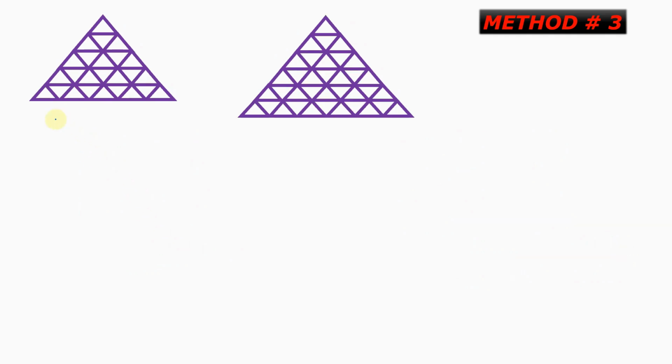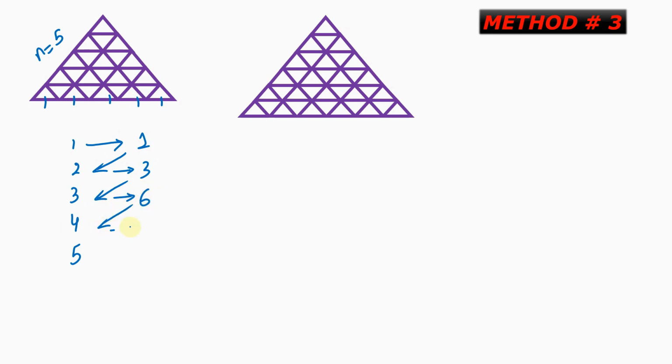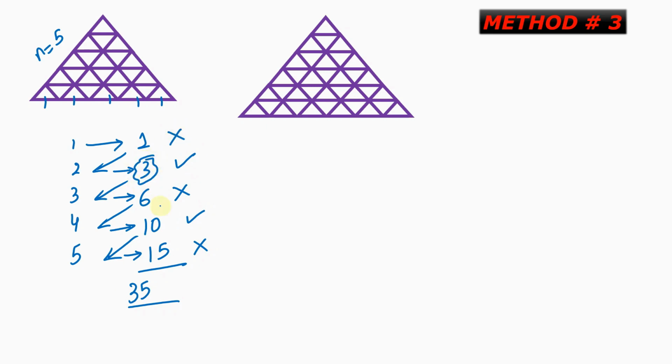Similarly, for the last two questions, here n equals 5. Simply write down 1, 2, 3, 4 and 5. 1 plus 2 will give us 3. 3 plus 3 will give us 6. 6 plus 4 will give us 10. 10 plus 5 will give us 15. You add these numbers and hence we get 35. And then drop, pick, drop, pick, and then drop. So you add this 3 and this 10, thereby getting the answer as 48.